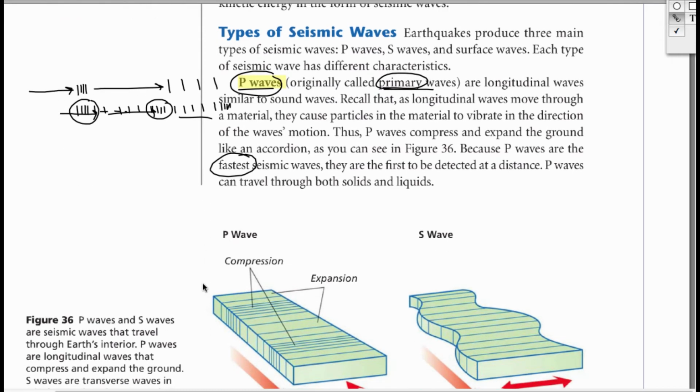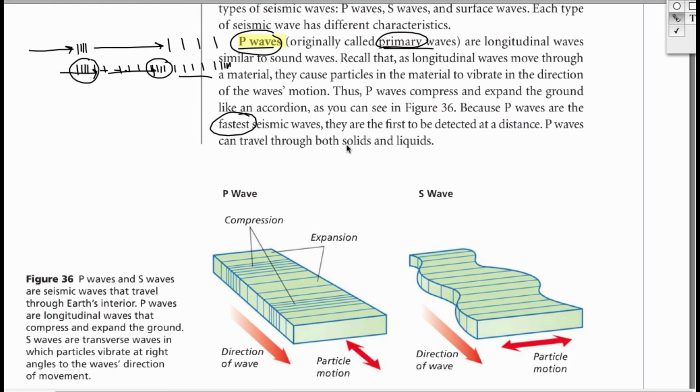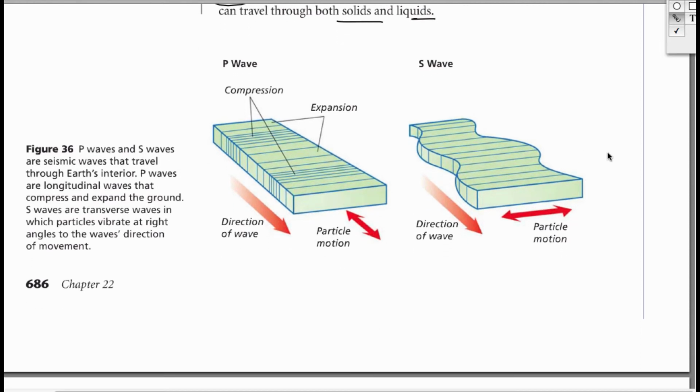Okay? And they can travel through solid and liquid. You should know that. Then you have S waves. There's our S waves because secondary, and they are more like ocean waves. So they travel up and down or right or left. So S waves are secondary. They are slower,